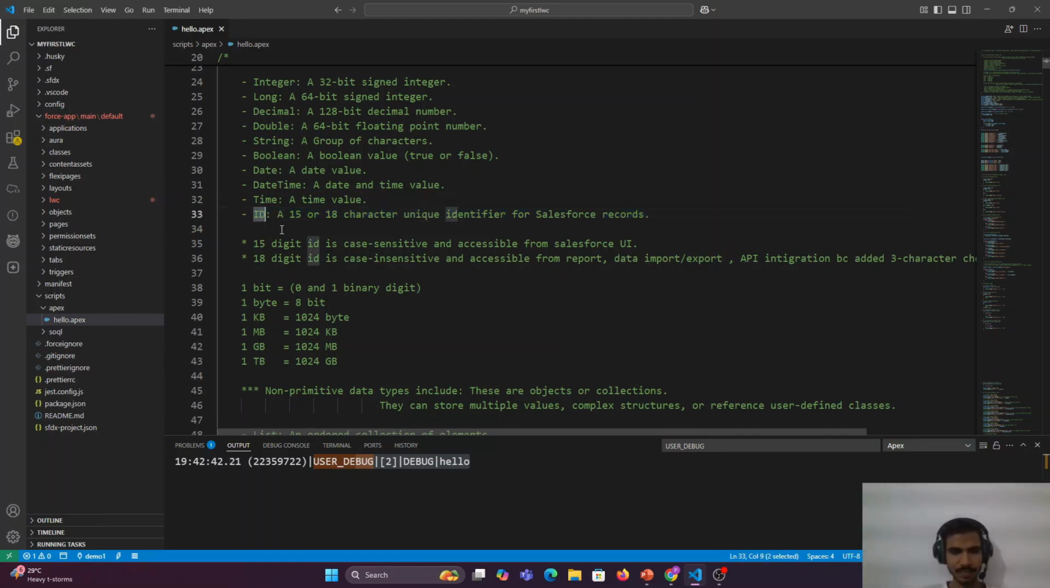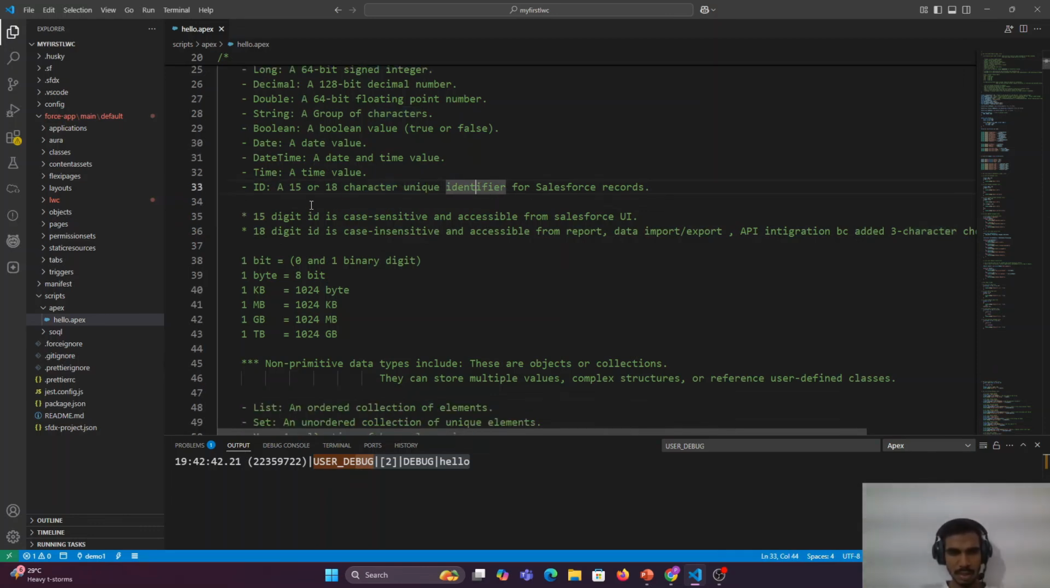ID is used in Apex because an ID indicates a unique Salesforce record, and an ID is an 18-character unique identifier. So what is the meaning of 15 and 18 digit? In 15 digit, the ID is case sensitive and accessible for the Salesforce UI. What is the meaning of case sensitive? Case sensitive means uppercase and lowercase are both different,